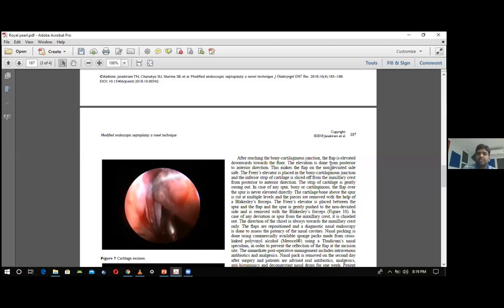The Freer elevator is then placed at the bony cartilaginous junction, and the inferior strip of the cartilage is sliced off from the maxillary crest. Now we have bilateral mucoperichondrial flaps, and a small part of the cartilage is removed anteriorly, and then it is attached posteriorly and inferiorly. What we'll do now is to remove the strip of the cartilage from the maxillary crest from the posterior to